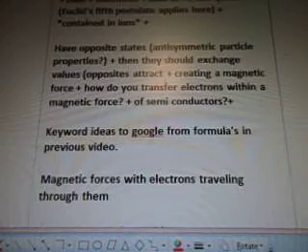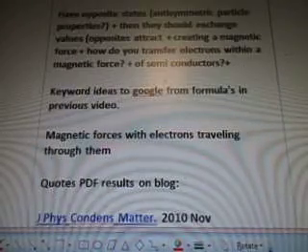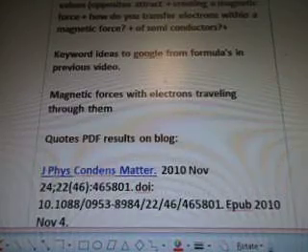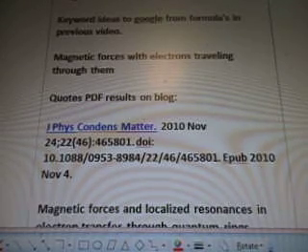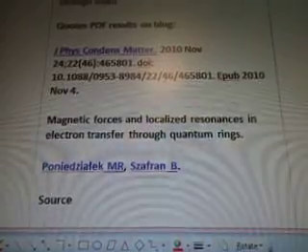How do you transfer electrons within a magnetic force of semiconductors? The keyword ID is to Google from formulas in the previous video. Magnetic forces with electrons traveling through them. Quote, a PDF results on the blog. So I Googled those ideas to see what came up, and I found one of your test results, okay? So, 2010,